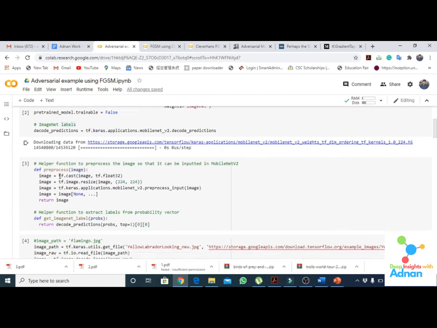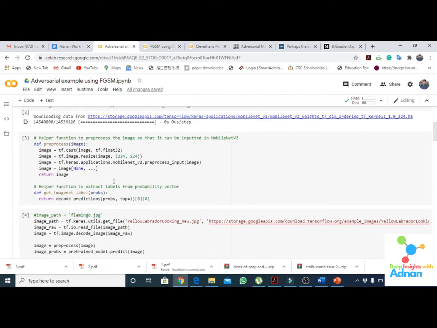In this part we have created a function in which we resize the images to 224 by 224, because the images in ImageNet are of 224 by 224 size. We take the image, resize it, and process it for MobileNetV2. After that we return the image. Then we can predict which class this image belongs to.